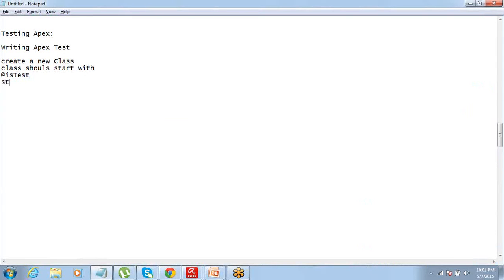Then your test method has to be a void method. Static void testMethod, which means your test method does not return anything.